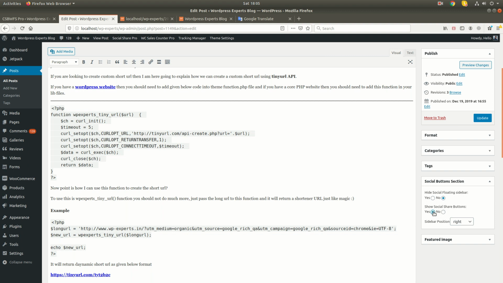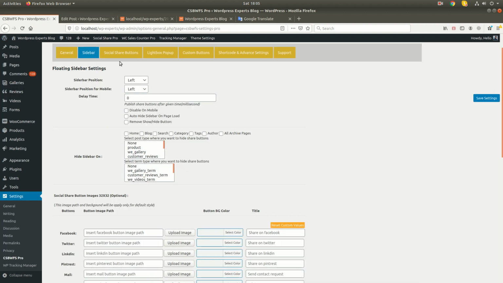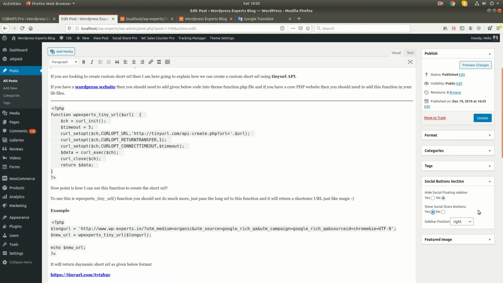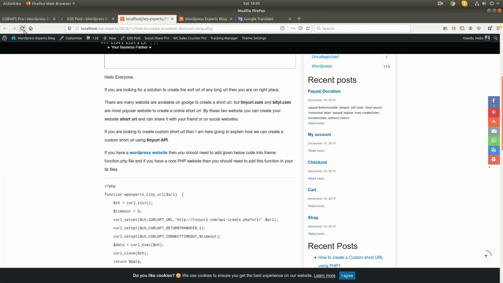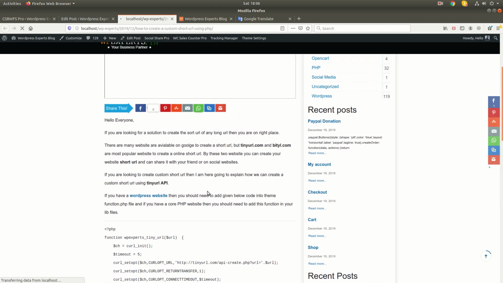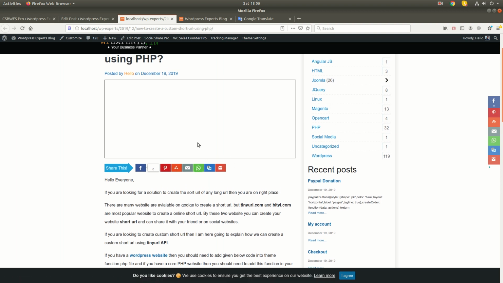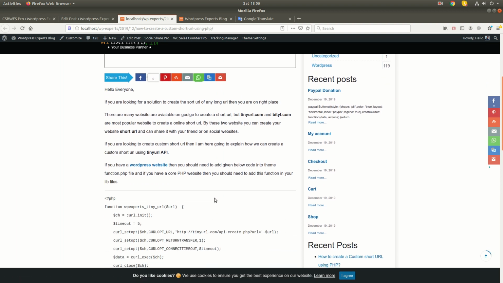First, I think this will work after enabling this one. Let me explain, and show the social bar, yes. Yeah, you can see the social share button has displayed in the content section as well.